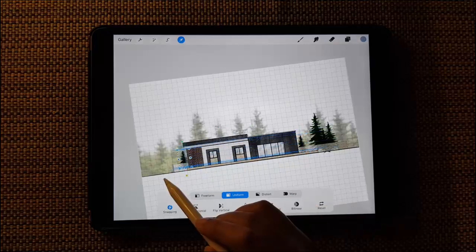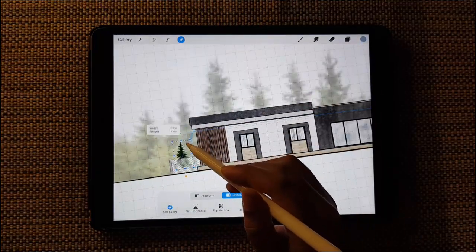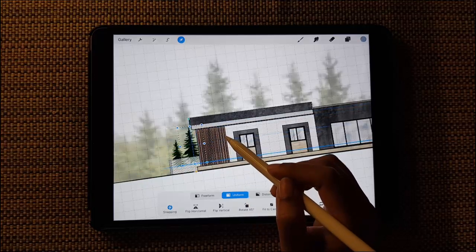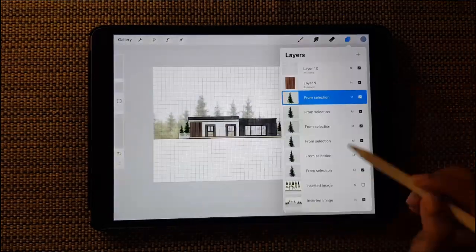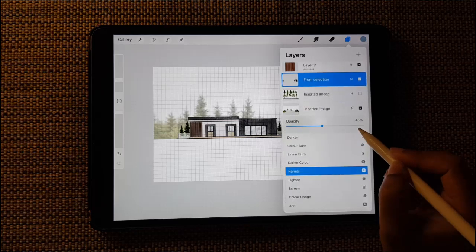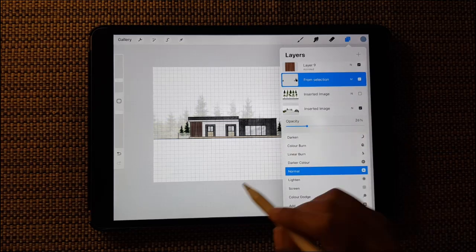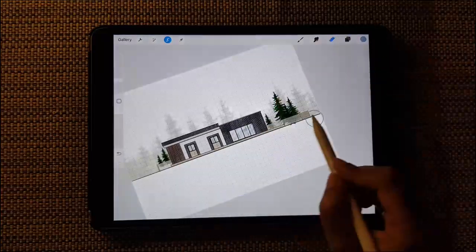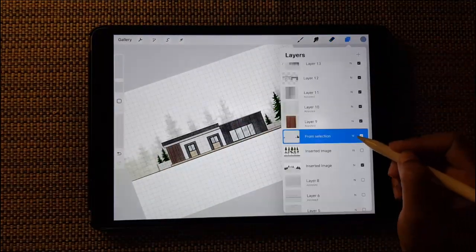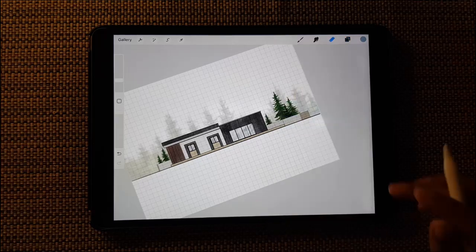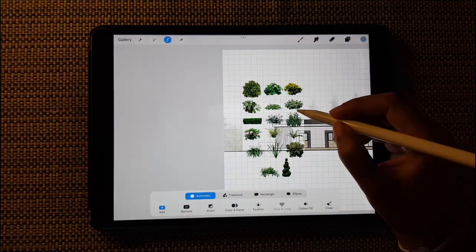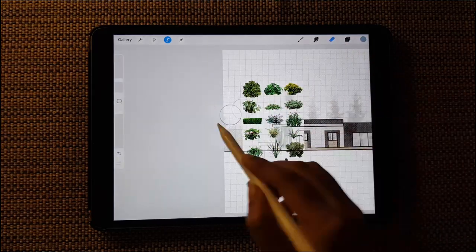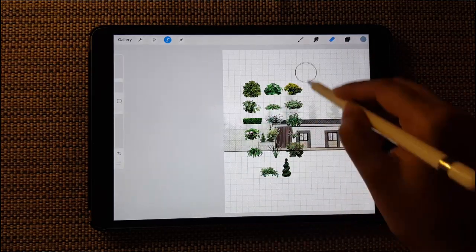The same thing on the other side. I'm going to pinch all the layers together, all layers of the tree, and select the portion that is intersecting and erase it, and also reduce the opacity of the layer. And again, importing another new image that I had downloaded from Pinterest, and I'm going to select the shrub